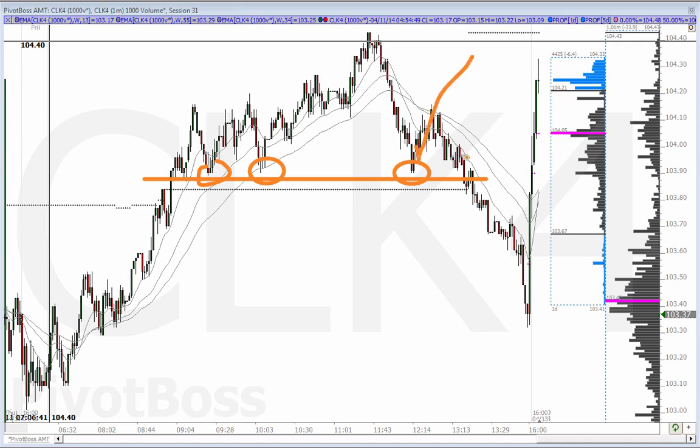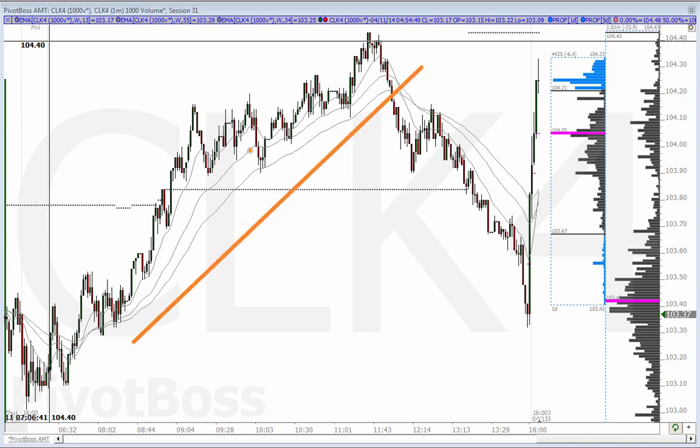So if you're using these bar charts here and you're identifying, hey, this is normally my area to buy. Maybe we're trending higher and you like to use pullbacks at moving averages. Maybe you like to buy support. Well, now you can confirm your entries with order flow. Or you can use order flow only to trigger these entries. But if you see a setup that jives with how you usually like to buy or sell price, watch the order flow. Are there trapped buyers and sellers there? If so, are they influencing price? Are they not? How's it happening? Because if aggressive buyers are hitting the footprint and price is not being influenced, that is a fade opportunity.